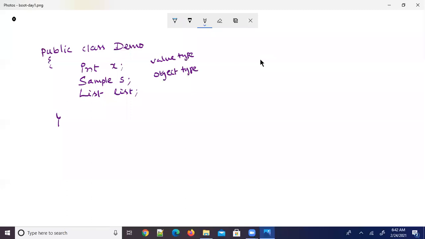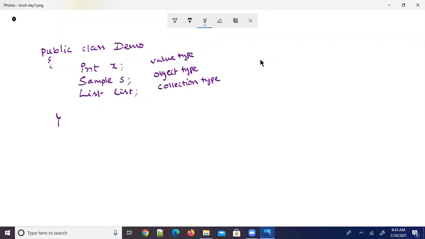This list is not going to hold a single object, it can hold a collection of objects. So we divide it as a collection type. So now a Spring Bean can have three types of dependencies. They are value type, object type, and collection type.